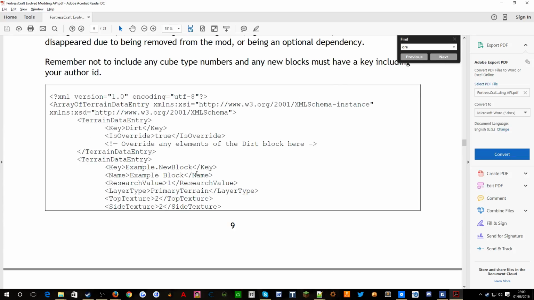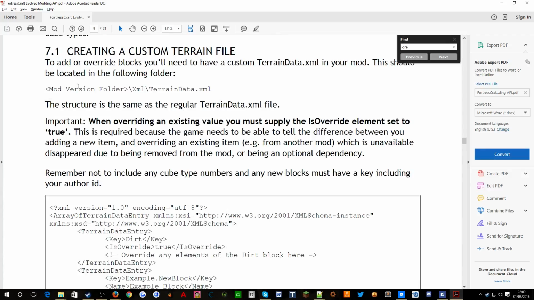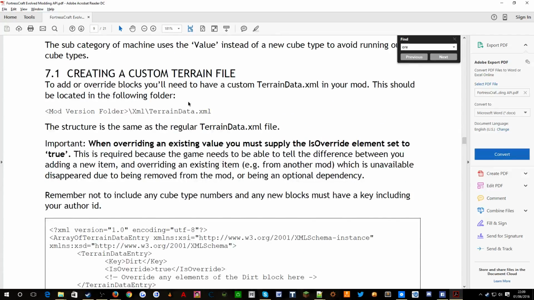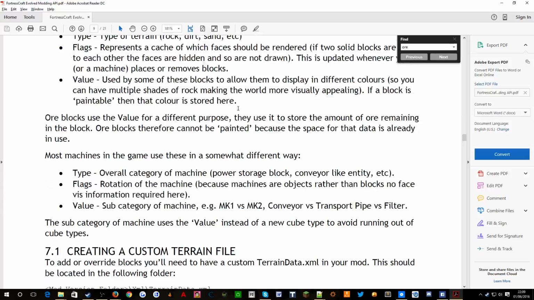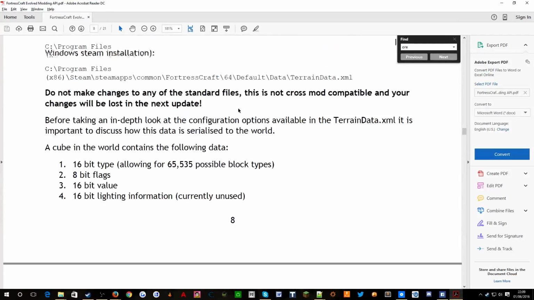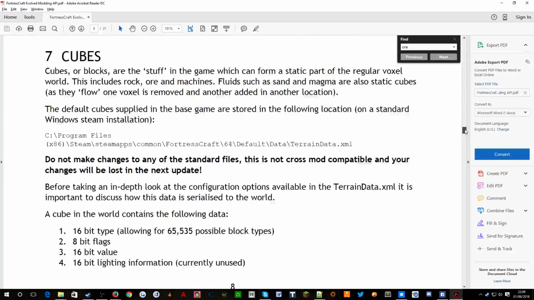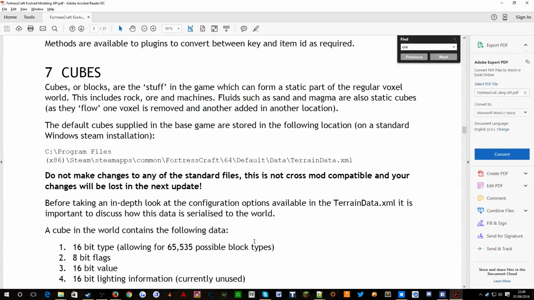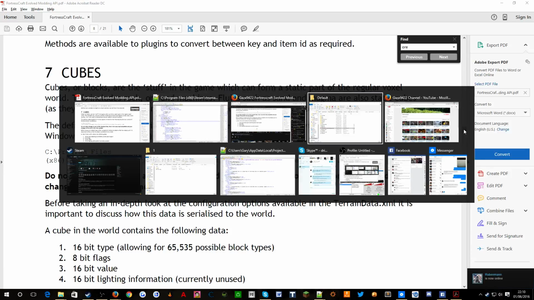So, example, new block, name, example block, research, value 1, layer type, primary terrain. So this looks like it'd be... what does it say about ores? This includes rock, ore and machines. So they are under cubes, so